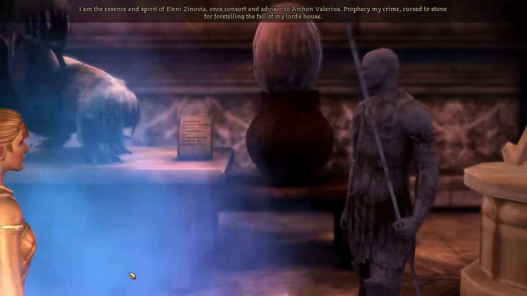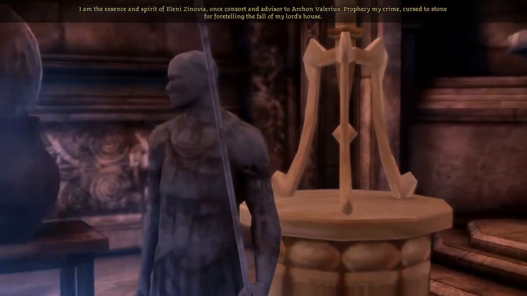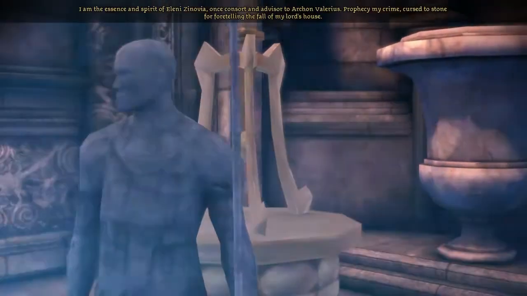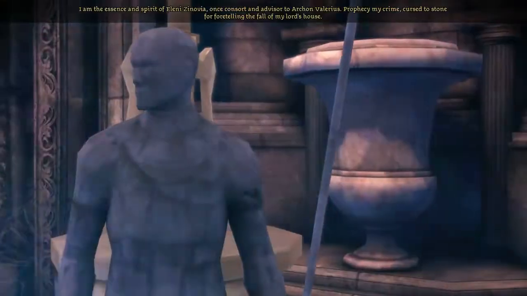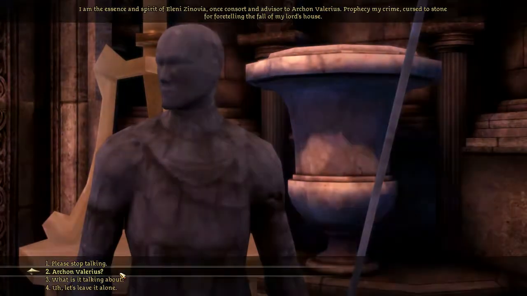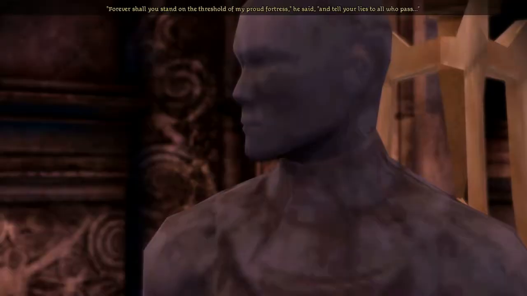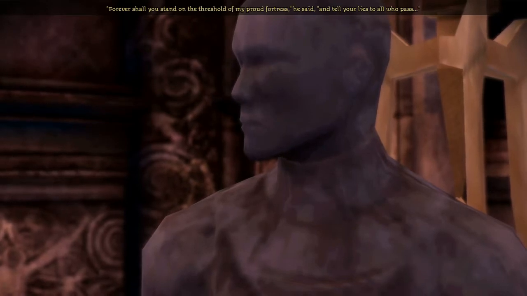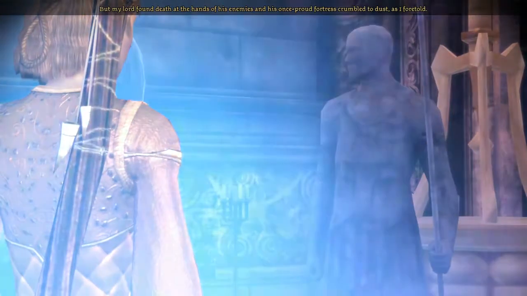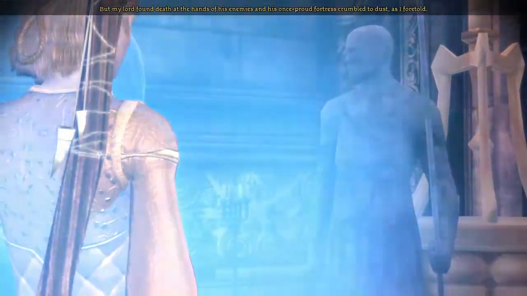I am the essence and spirit of Eleni Zenobia, once consort and advisor to Archon Valerius. Prophecy my crime, cursed to stone for foretelling the fall of my lord's house. Archon Valerius? I'm not sure. The Archons were the lords of the Imperium. Forever shall you stand on the threshold of my proud fortress, he said, and tell your lies to all who pass. But my lord found death at the hands of his enemies, and his once proud fortress crumbled to dust,